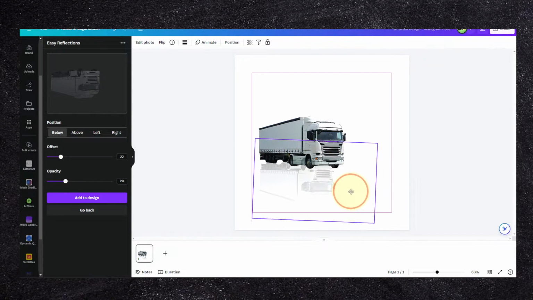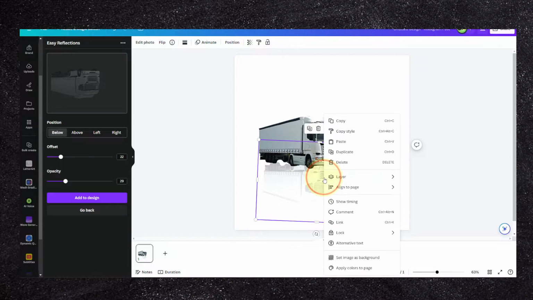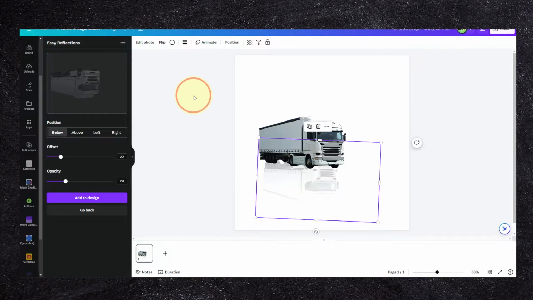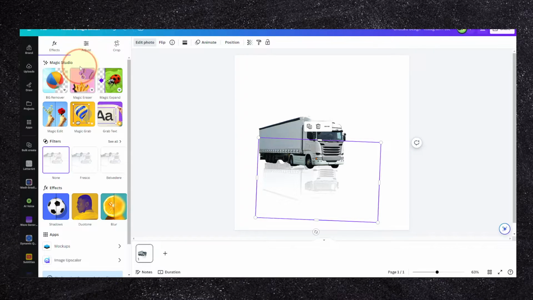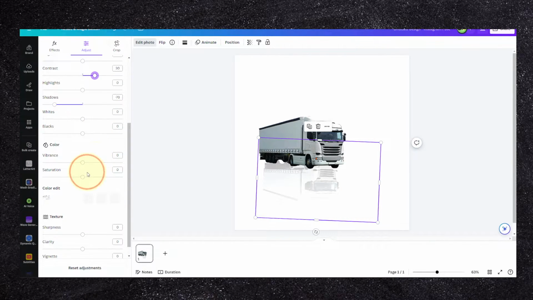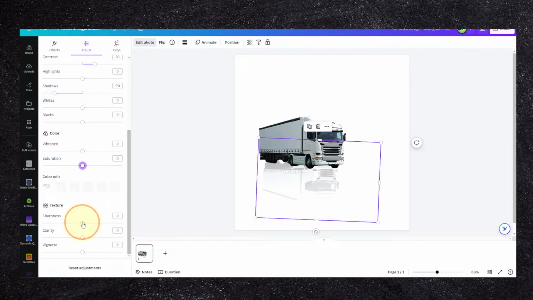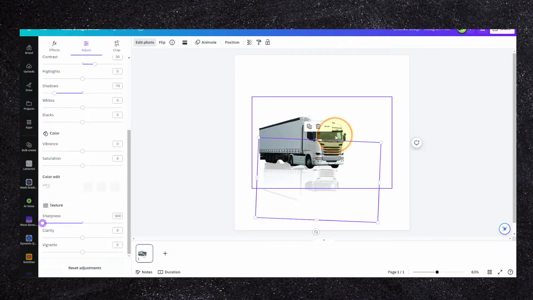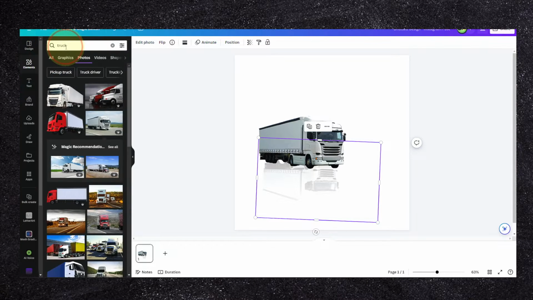And now I can go to layer, and I can send this back. Okay, now you can even go to the photo, and here in adjust, I can increase the shadow, I can increase the contrast, saturation, clarity, sharpness. And now I have this reflection effect. You can add this to so many things. Let's try now